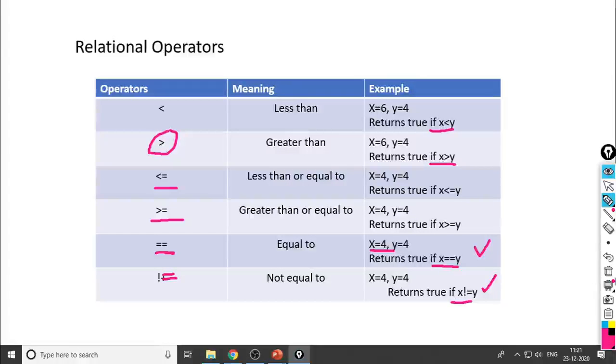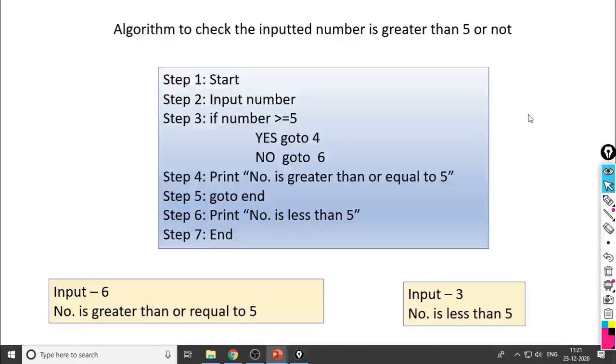Okay, so how does it work? Look here, how we can write different algorithms by using these operators, that is, mathematical operators and relational operators. So the first question is like this: write an algorithm to check whether the inputted number is greater than 5 or not.